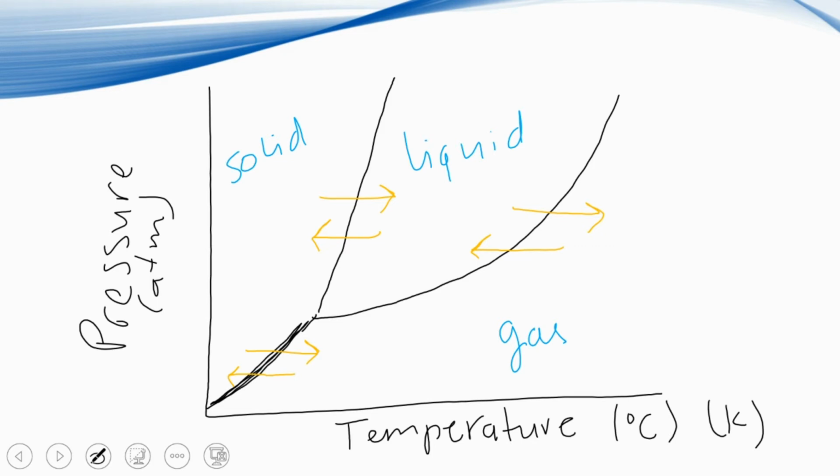Now, something else that is important that we need to draw is right here in this section where all three lines meet, so where they intersect. That right there we call the triple point. And I'll give you guys a definition in just a moment. But from the name, you can kind of see that it's going to involve all three of the states of